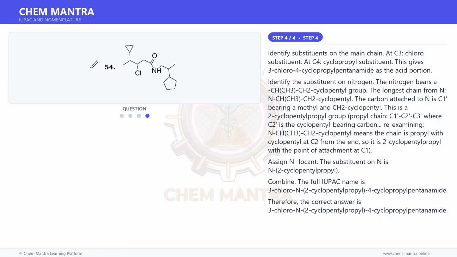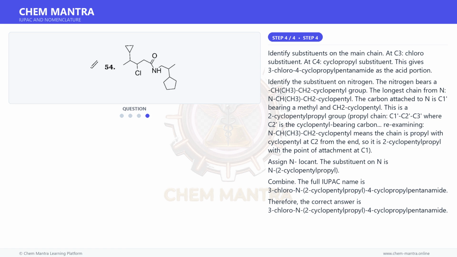Re-examining N-CH, CH3, CH2 cyclopentyl means the chain is propyl with cyclopentyl at C2 from the end, so it is 2-cyclopentyl propyl with the point of attachment at C1. Assign N locant. The substituent on N is N,2-cyclopentyl propyl. Combine. The full IUPAC name is